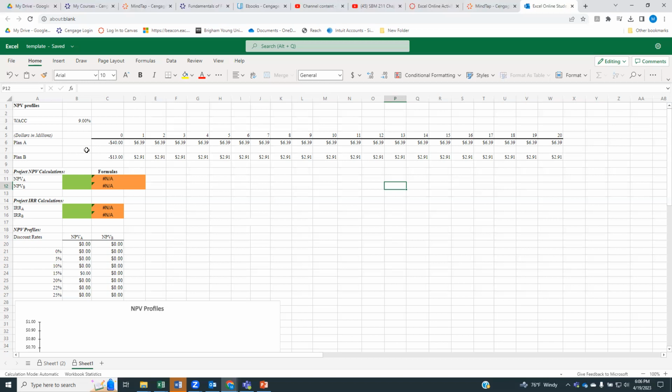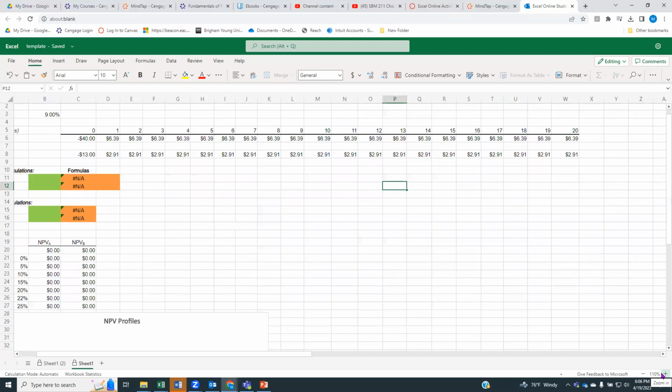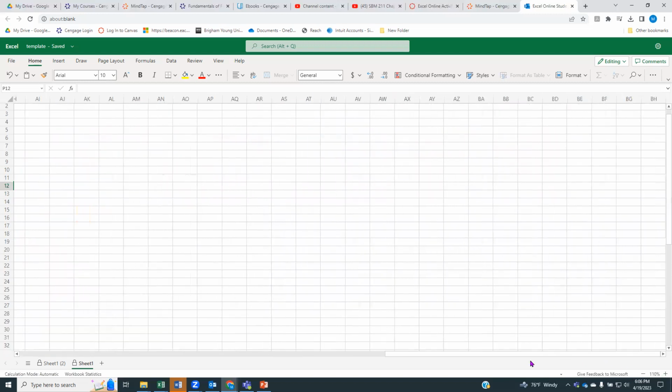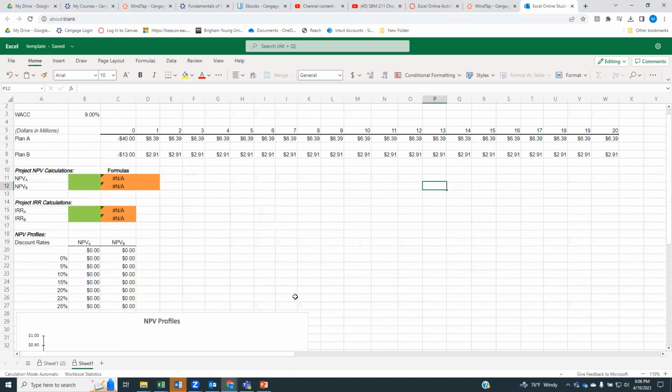So we have plan A and plan B, and both of these involve investing some money up front and then getting positive cash flow in the future for the next 20 years. Let me zoom in a little bit so it's easier to see. And so we're supposed to evaluate them. To figure out the net present value,